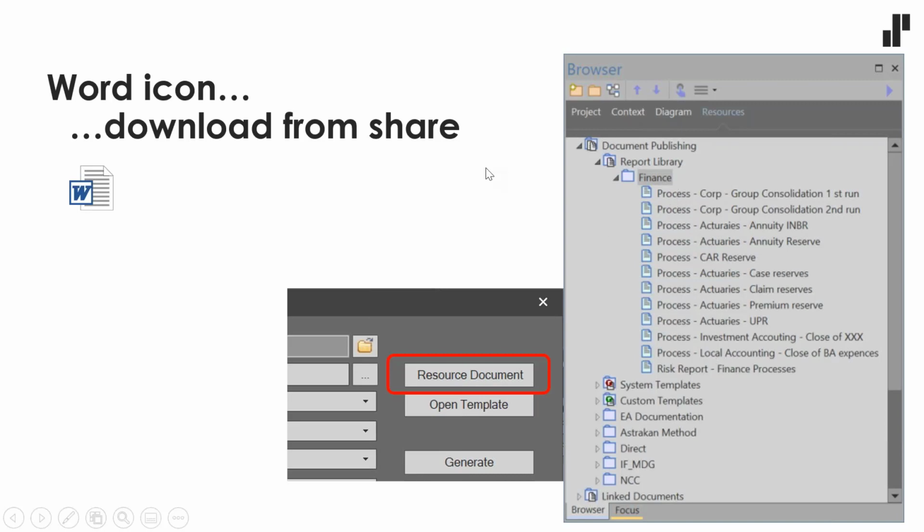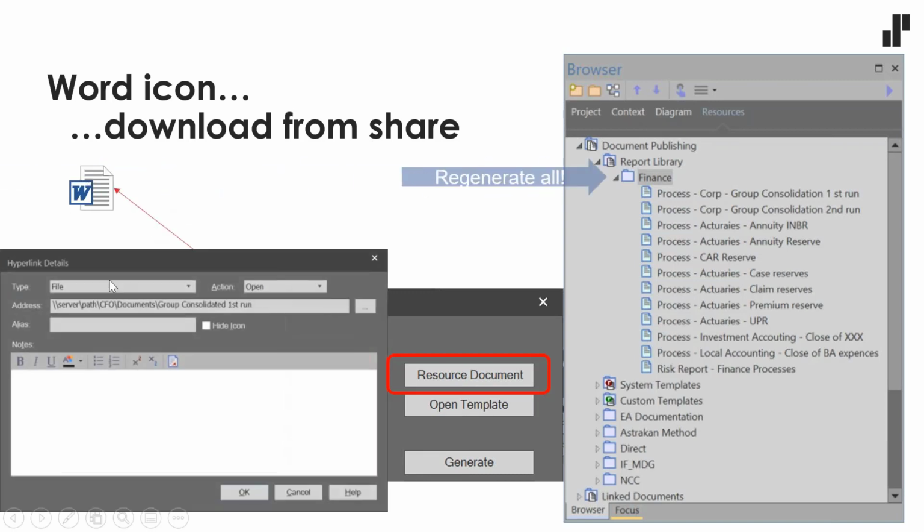So all your documents are generated by right-clicking on finance. You can generate all finance process documentation and risk reports and everything. And that means that you don't even need to publish your new processes or anything. They will be accessible directly because this Word link here will point to the server, to the path where the document is lying.